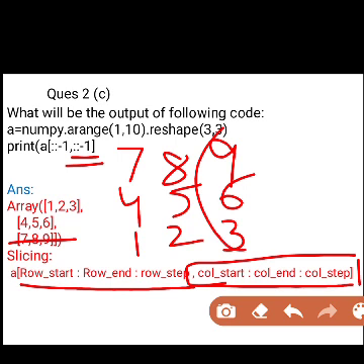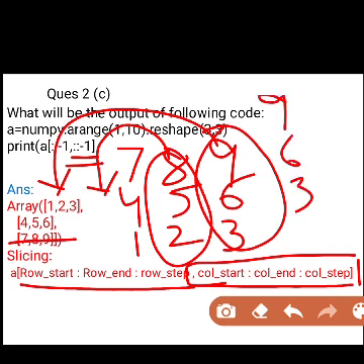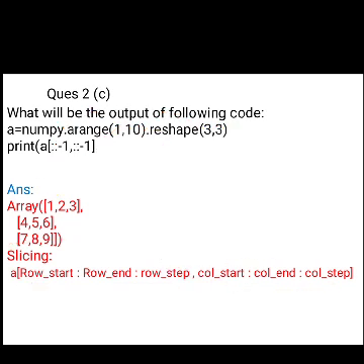So this column will come out at this position, and this column will come out at this position. Means finally what should be the answer? 9, 6, 3, then 8, 5, 2, then 7, 4 and 1. So this will be the final result, 9, 8, 7, 6, 5, 4 and 3, 2, 1.